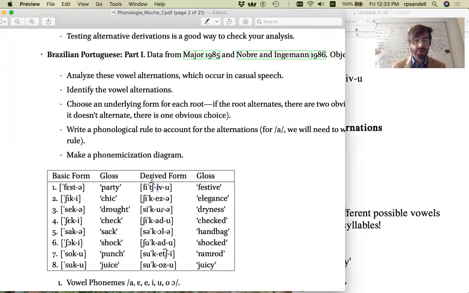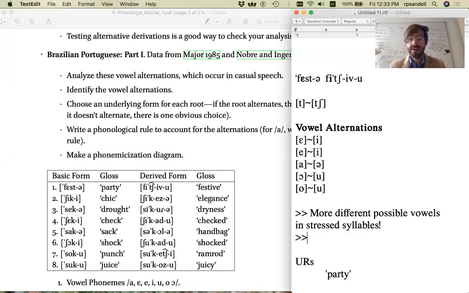And furthermore, we see that in unstressed syllables, there is a more limited set of vowels. So for instance, the second syllable in the basic forms, we only see the vowels schwa, i, and u. And in the first syllable of the derived forms, we similarly only see the vowel i and schwa and the vowel u. So it looks to me that in unstressed syllables,